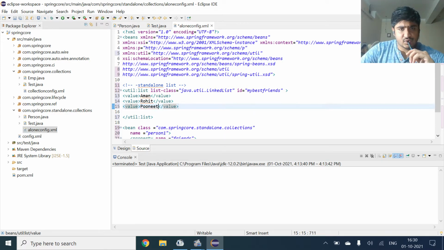So here I just inserted this util list list-class. Basically, this is the syntax for inserting this util list class equal to java.util.LinkedList. And then we just inserted some values.